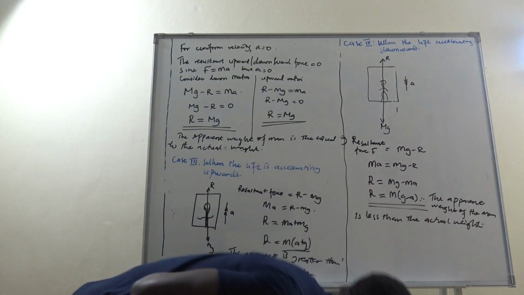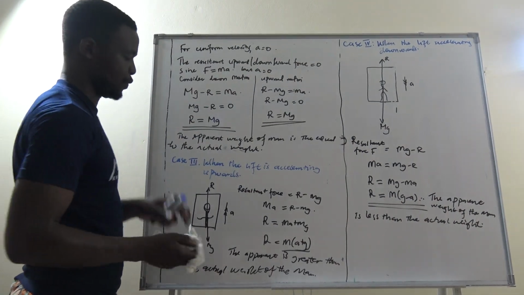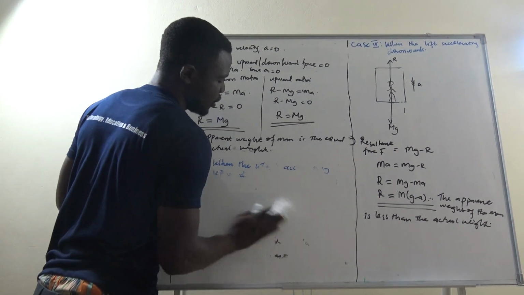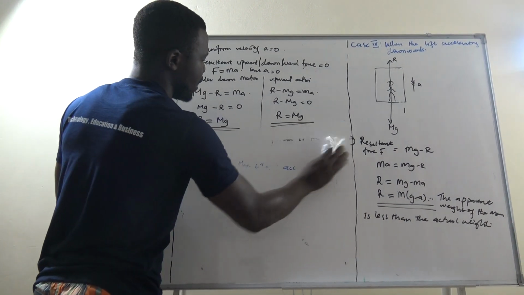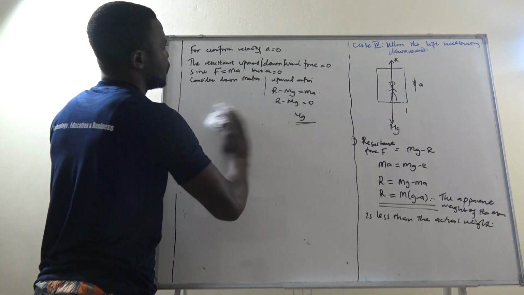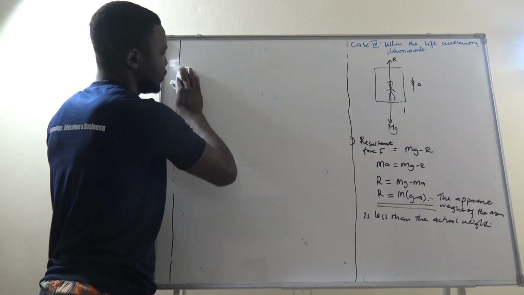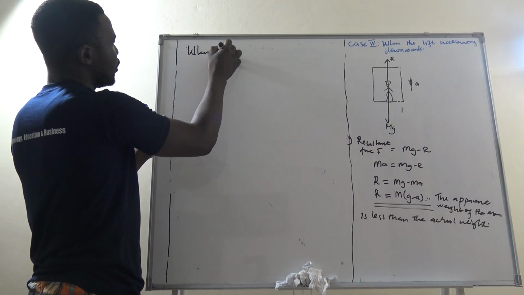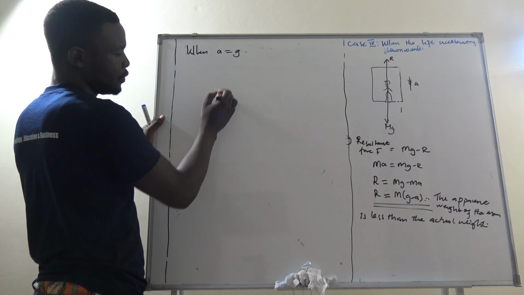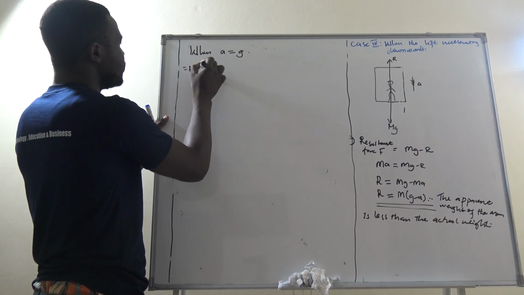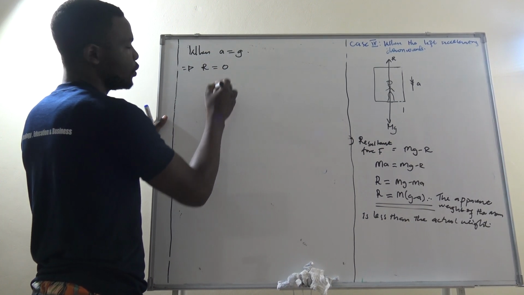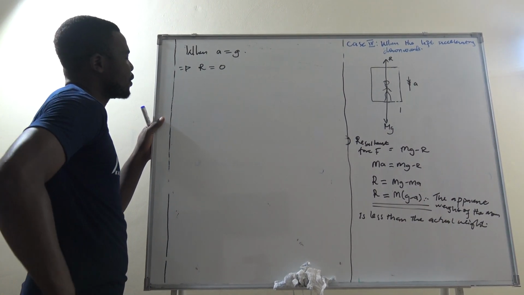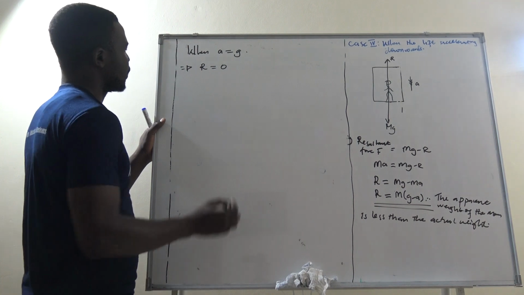Now, let us look at a scenario where the acceleration is equal to g. That one is kind of interesting. It is going to bring out a new thing that you might be hearing for the first time. So let us write and say that when a is equal to g, what does it imply? This will imply that R is equal to 0, because g minus a gives 0. That will imply that R is equal to 0. Here now we